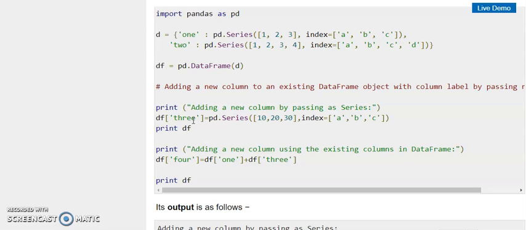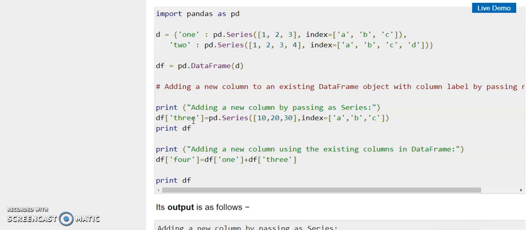So here I can write df, and in brackets we have to pass the column label, equals pd.Series. Using the Series function I create the third column definition with the elements and with the row index number. And now finally we will print the df, because 2 columns are already present, and now I have added the third column label, so finally my 3 columns are present in the df.